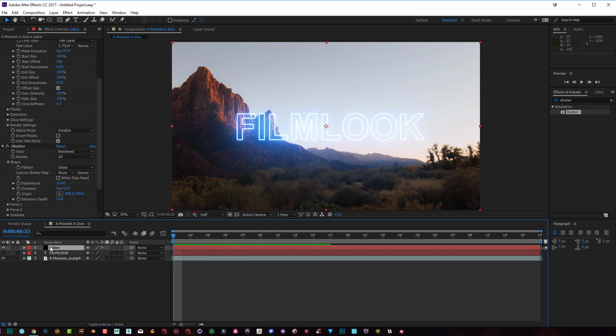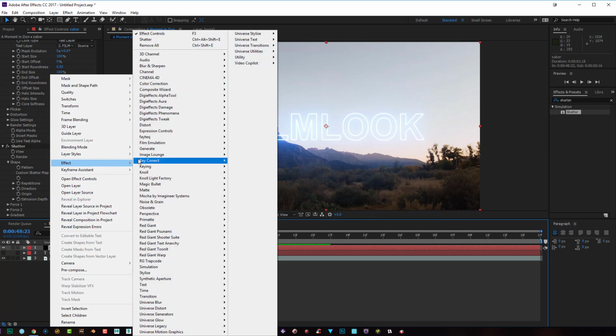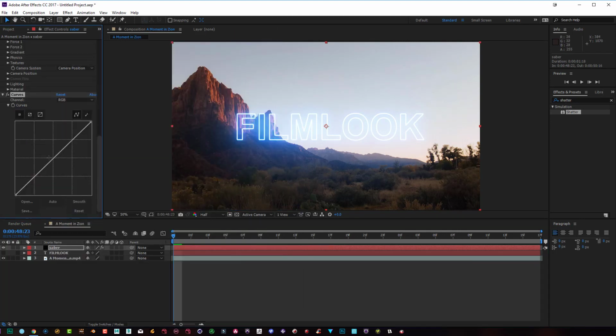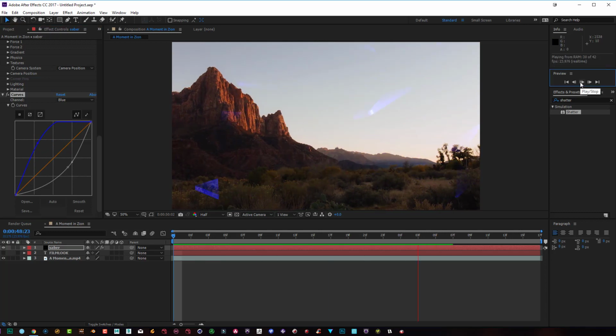Now what I would do in general to color this is right click, go to effects, go to color correction, and go to curves on the text layer, and then we can play around with the overall look of the text itself, just the Saber layer itself. If I've got a blue here, then I'll go to blue. I can just punch the blue up like that to give it a nice sort of glow around the edges, and as you can see,